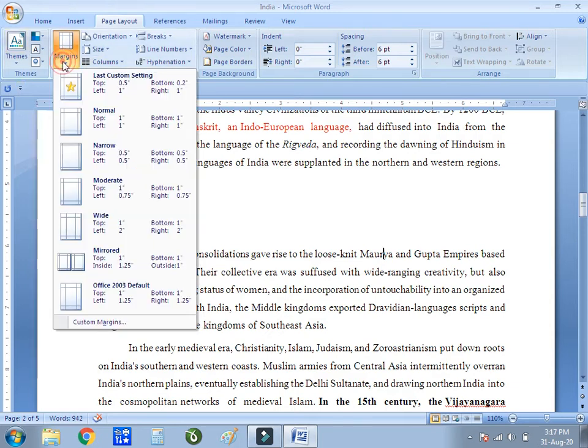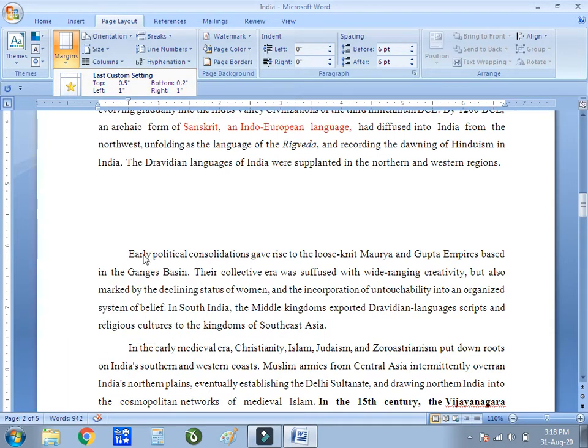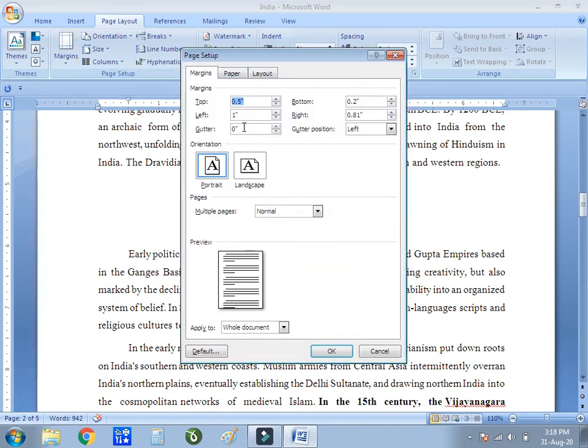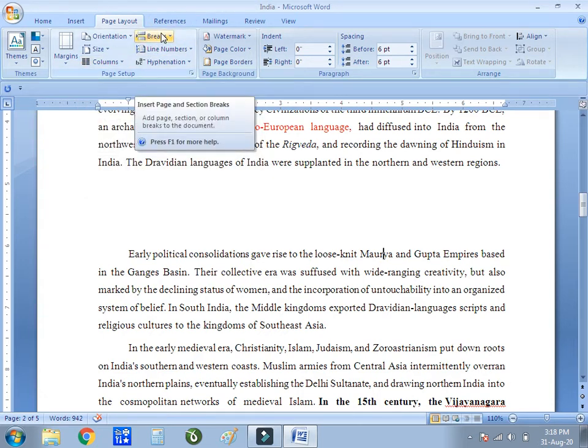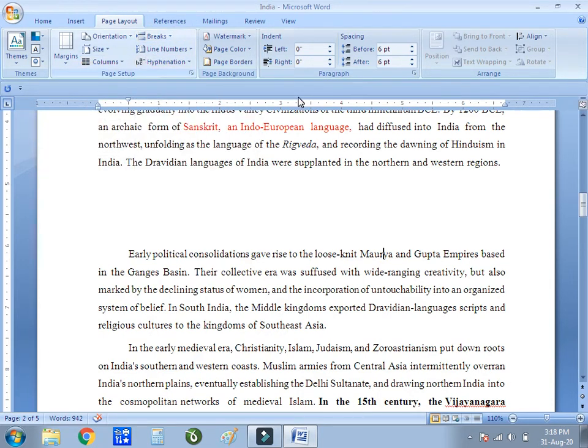Then next you can change the margins of your page, like these are the default margins given. If you want to add your own margins, you have to go to custom margins and enter your own values like this, top, left, etc., and orientation of your page. So like that you have to go like this. So from here you can change your orientation, size, you can change the column pattern, you can add the breaks in your page. So with the help of this page setup you can go over there.